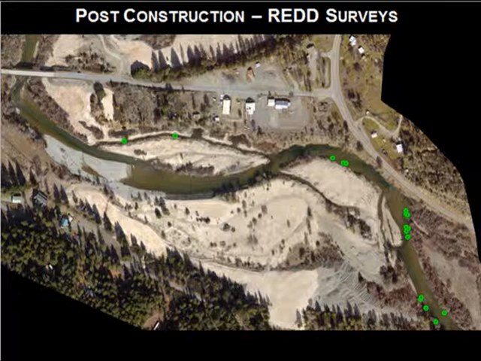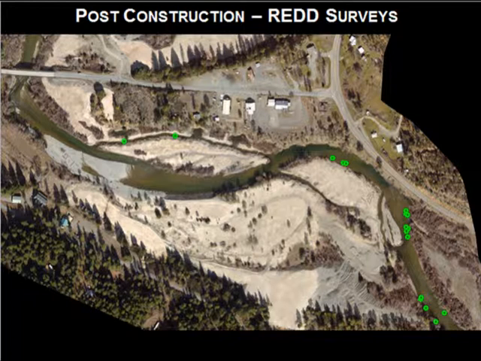We also do a lot of redd surveys for spawning, and this is just showing some of the locations where they were spawning in recent years. And this side channel in particular, that flows at all hydro periods, is getting a lot of utilization by spawning fish and adult salmon, both the Chinook, steelhead, et cetera. But as soon as we open this side channel up, there's fish spawning in it, within a month.